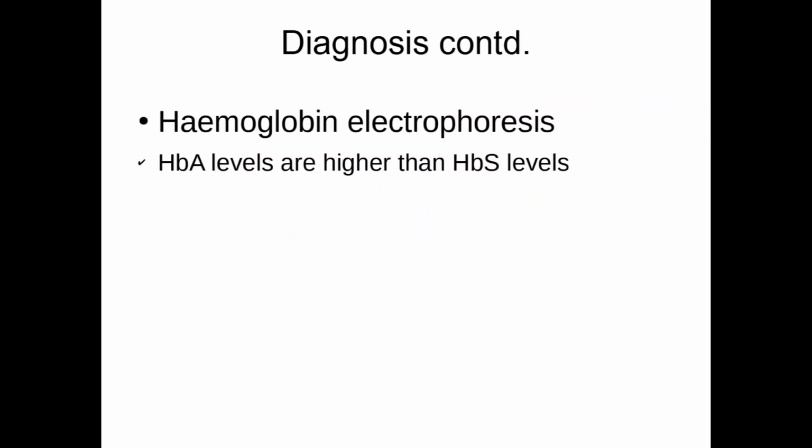For conclusive diagnosis of this sickle cell trait, we will need to rely on hemoglobin electrophoresis again. However, in contrast to sickle cell anemia, where the majority of the hemoglobin we saw was HbS, here it is not so. HbA, that is the normal hemoglobin, will still be at a higher quantity compared to hemoglobin S. It is said that more than 60% of hemoglobin will be HbA and less than 40% of the hemoglobin will be HbS.